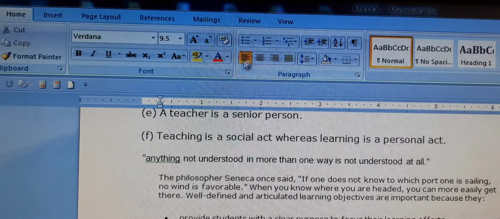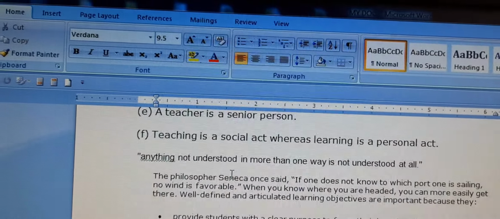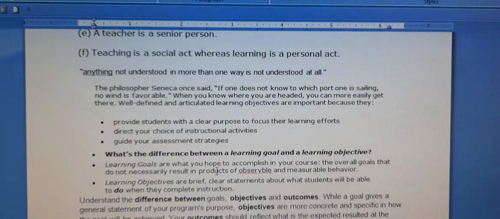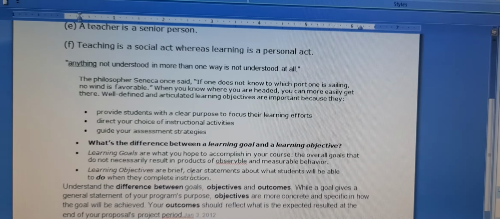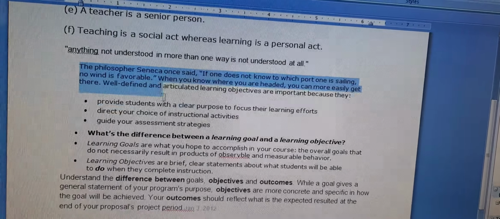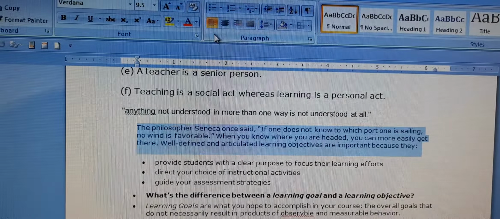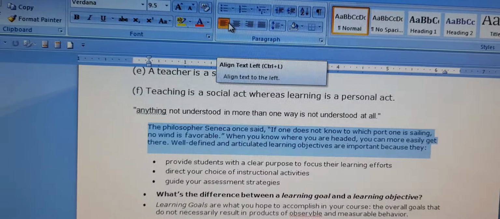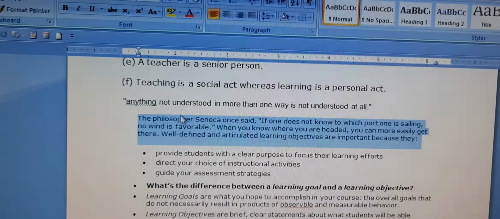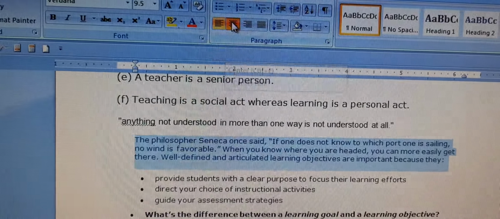Fine children, by default whenever we write text it is in left alignment. It is aligned left. Now we will see how the text will change. We will choose a paragraph for this, a paragraph which is right now aligned to its left side. When I change the alignment, you will see the difference. Right now it is aligned to the left side. Now it is aligned centrally.